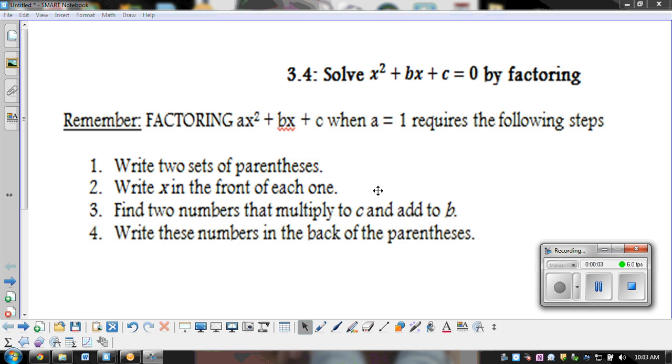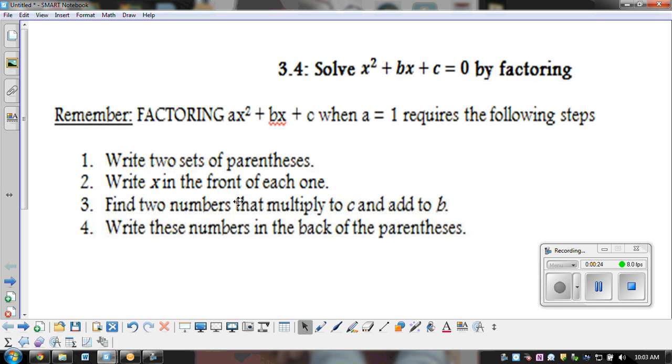So lesson 3.4, solving by factoring. You should actually be familiar with factoring. You started it in 8th grade and did it in 9th grade. So whenever that was for you, this should be relatively familiar. Factoring is something we come back to over and over again in math. Hopefully this will be a pretty quick refresher and you'll remember this and